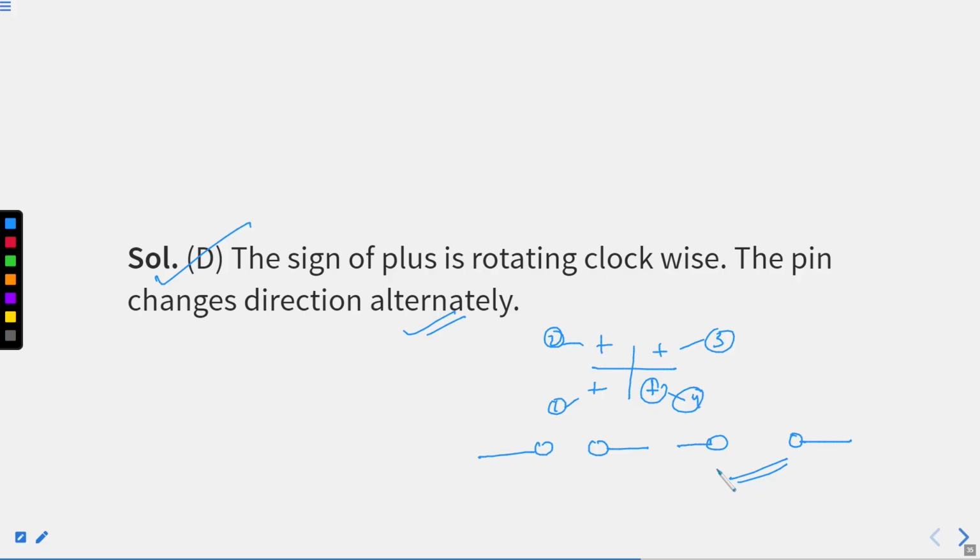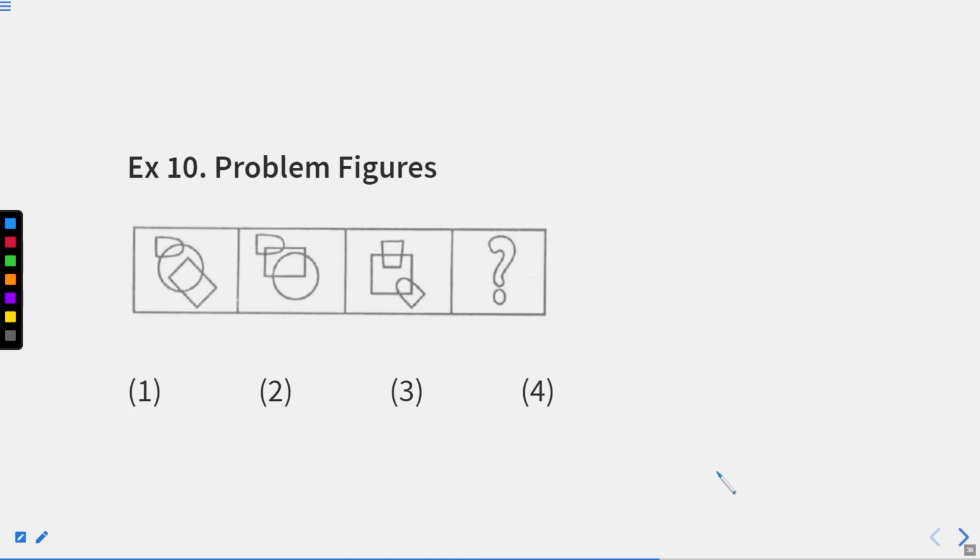I hope this question is also clear to you. Now, we will move to the 10th problem, where this big question mark says, draw the answer figure here itself, right? Okay, now let's draw. First, we will understand the procedure. Instead of this, we'll draw it here, and we will draw our own answer figure by understanding the procedure and the concept, right? In this type of question, what is the difference? These two figures are related to each other, and these two figures are supposed to be related to each other